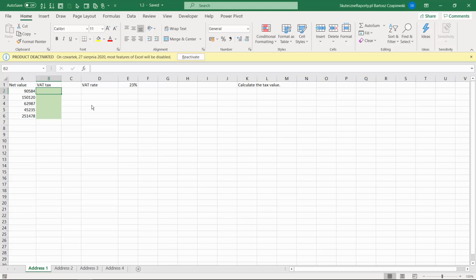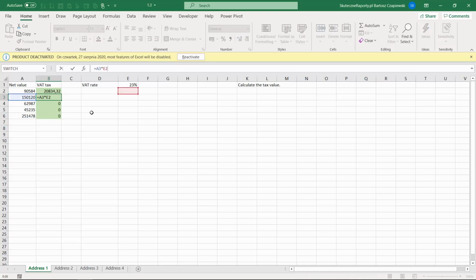Excel formulas are relative by default. What does it mean? Let's imagine that we have net values in here and we would like to calculate a column with the VAT tax value. We have in here the VAT rate, so we can multiply the A2 cell by the E1 cell, and when we hit enter and copy down the formula, we will see that in the cell B3 both of the cells